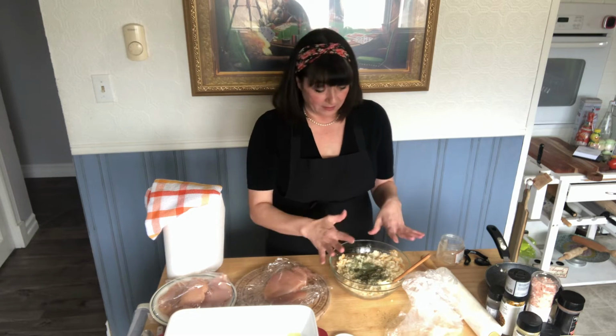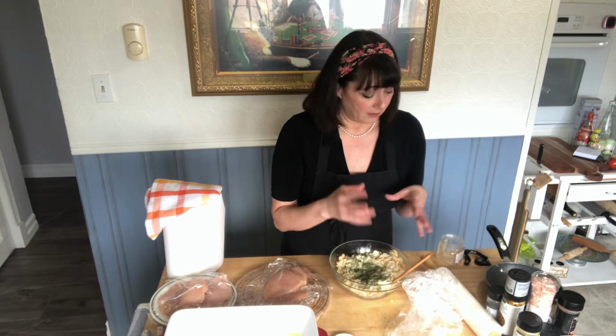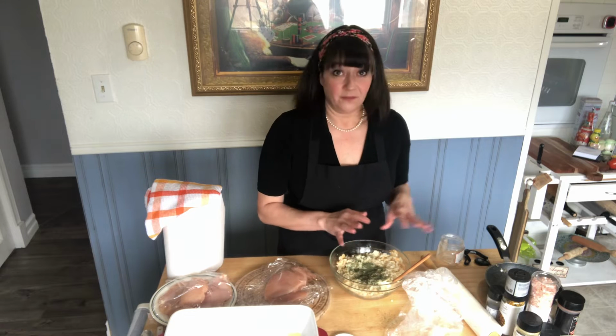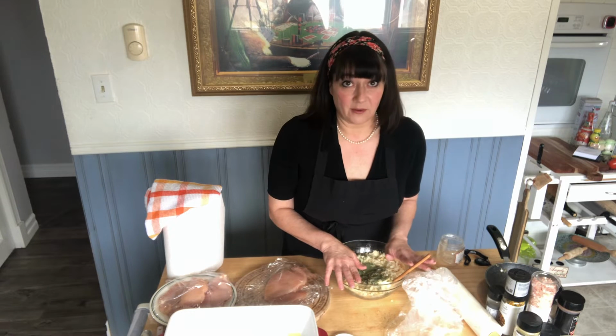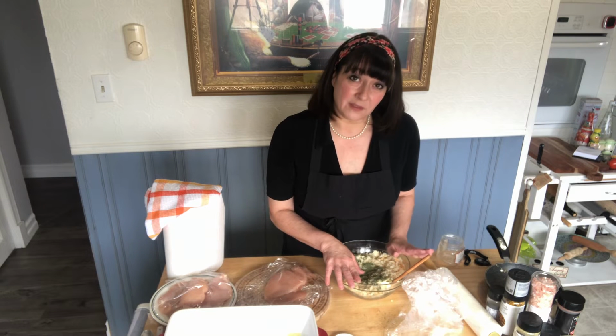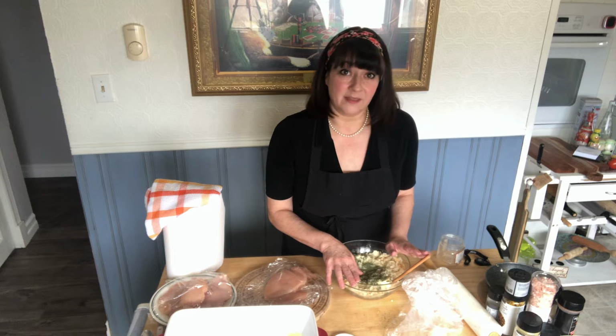So in there went about my 2 or 3 tablespoons. You can eyeball it. Some people like their dressing a little darker, some like it a little lighter. If you don't have Mount Zion Savory, I'm sorry, it's not going to taste the same. You can substitute summer savory, which is the closest, and next to that would be a bit of sage, but